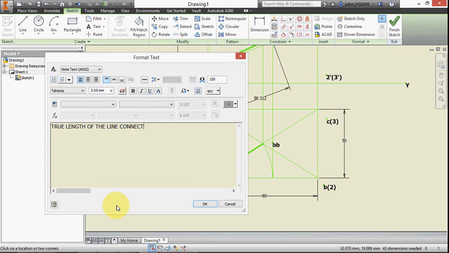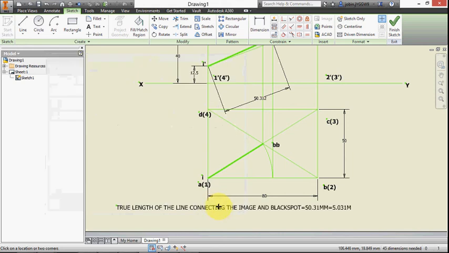The true length of the line connecting the image and the bulb is equal to 50.3 millimeter. Here I am taking the scale, so it is 5.031 meter. Okay, next is the inclination with the ground. Select this line, and with the reference line, what is the angle? You can see